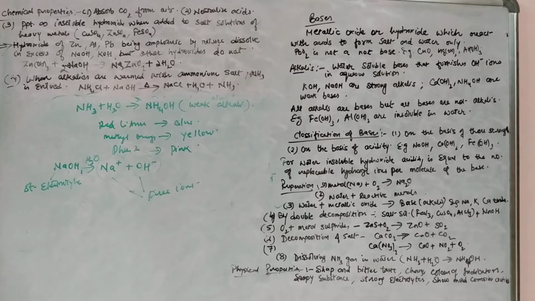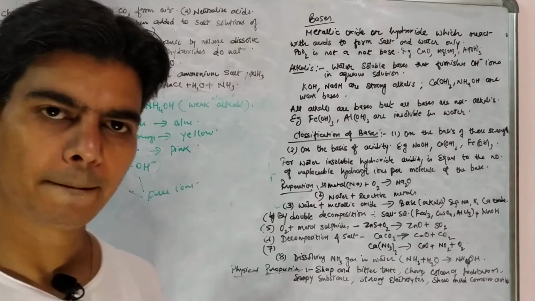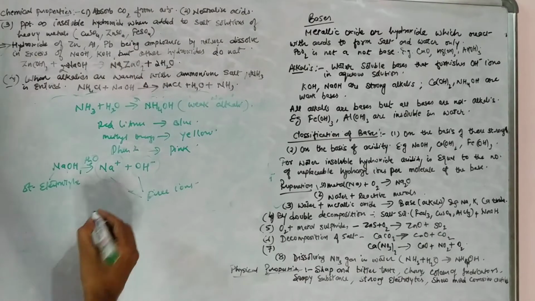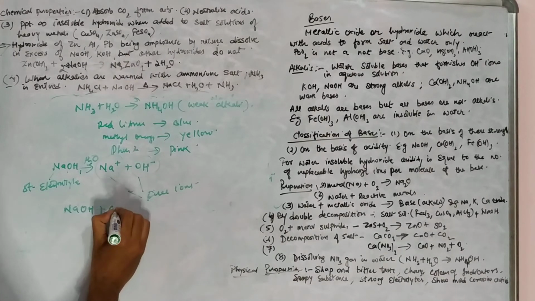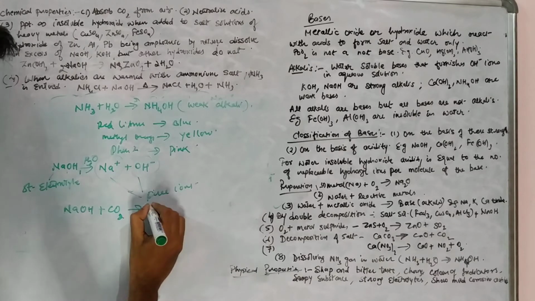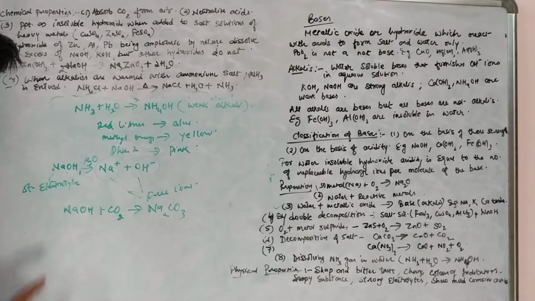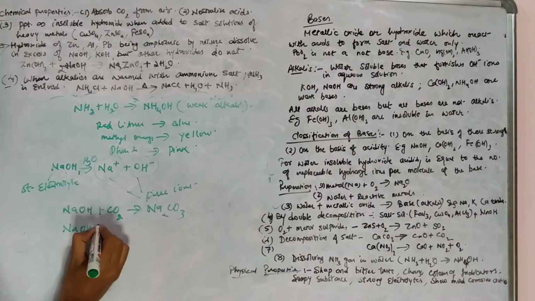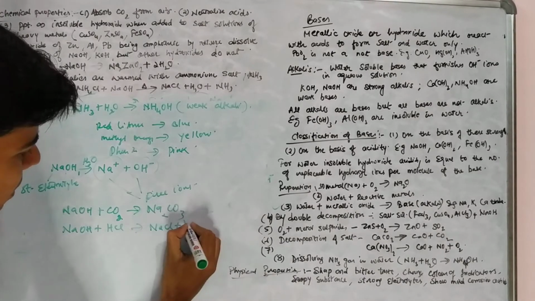If we talk about chemical properties of bases, if you leave bases in air, they will absorb carbon dioxide from air to form carbonates. Sodium hydroxide is a base. It will absorb carbon dioxide from air and form carbonates, Na2CO3, and it neutralizes acids. Bases will react with acid to give you sodium chloride plus water.